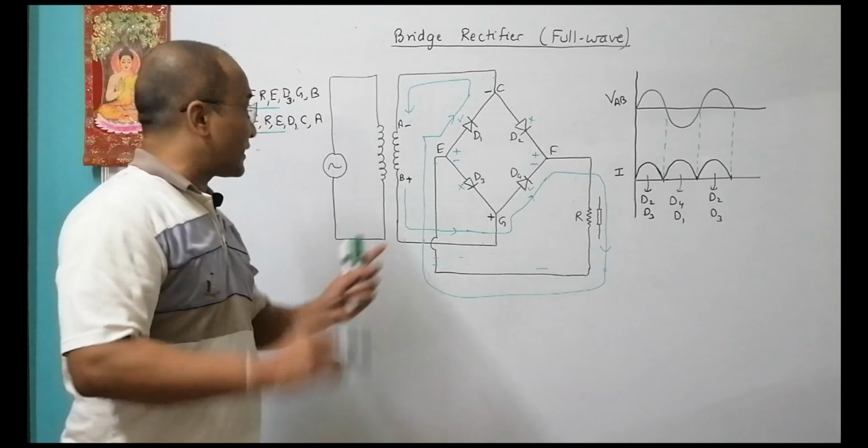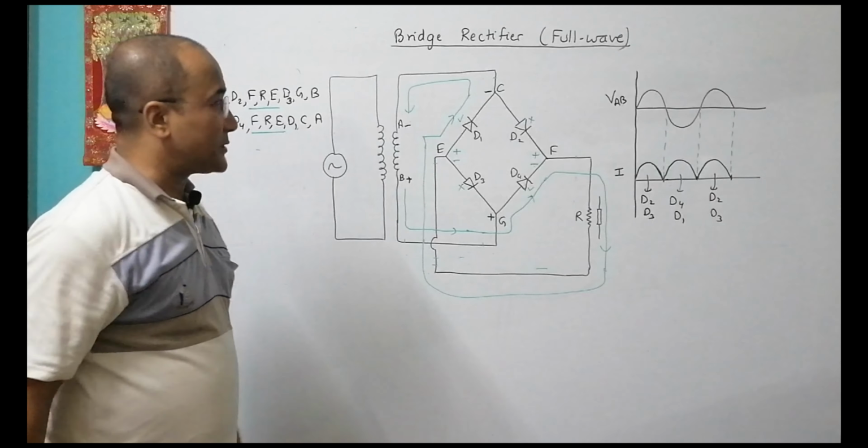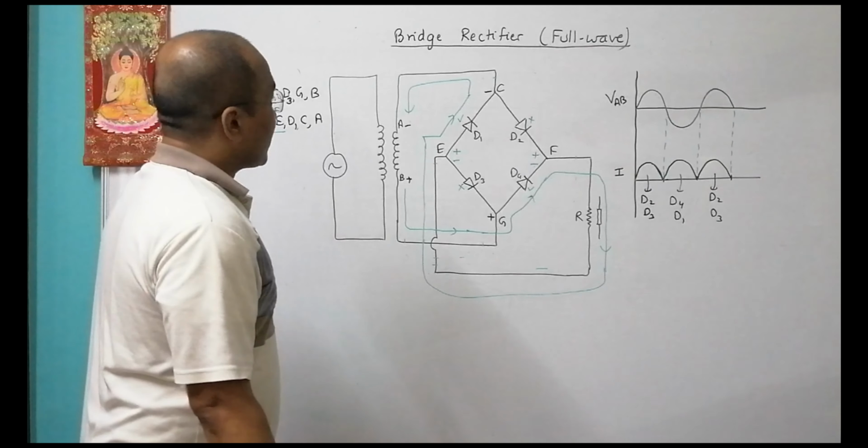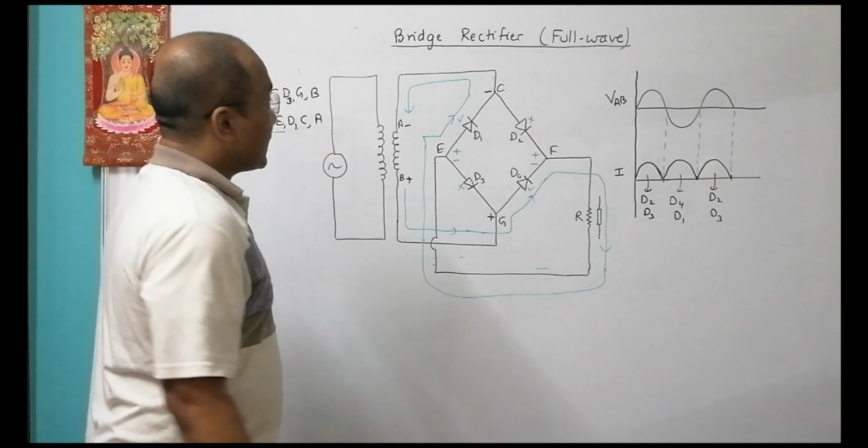So there are three regions here. In one type of region, current reverses every half cycle. In these four regions, current is present in half cycle and absent in another half cycle. And here we have got this branch where current is present in all cycles. So this is what we call a bridge rectifier. And here the only loss is along these diodes, because when they allow current, we have to overcome a certain voltage there, called knee voltage, often called barrier potential. Otherwise it's a very efficient thing.